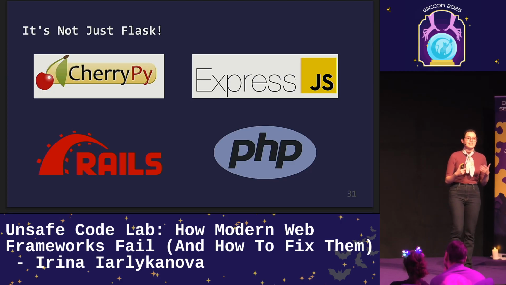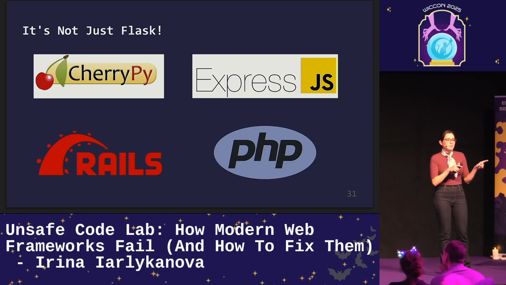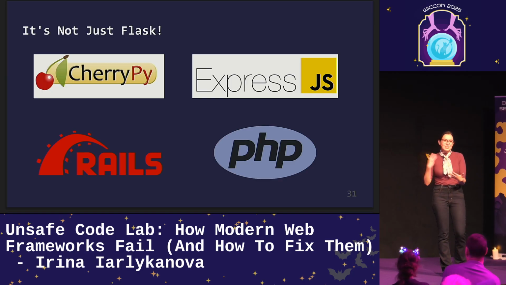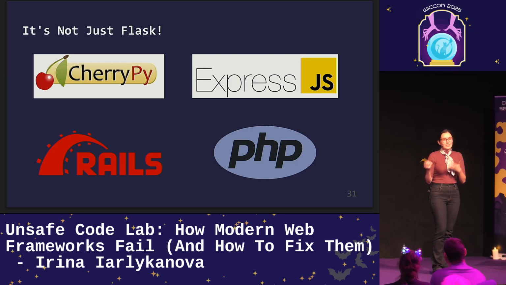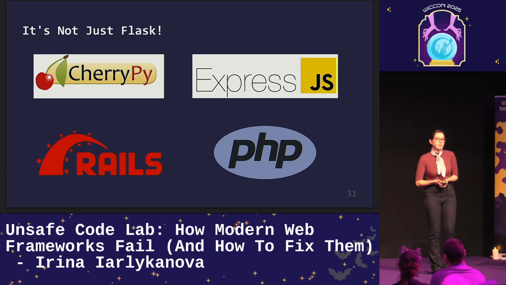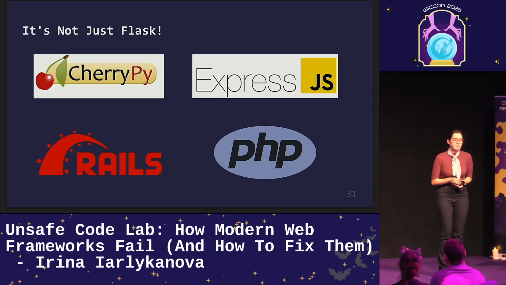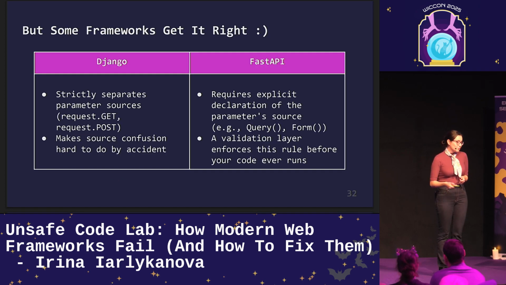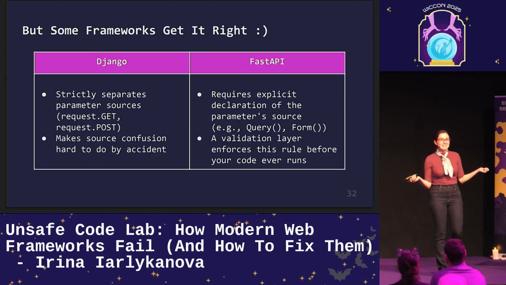built-in foot guns that allow you as a developer to implement such code that you think is for convenience, to retrieve data, for example, from different sources, because why not do that? What if people want to send in different ways? But actually it can create problems. And good news, some frameworks get it right, because